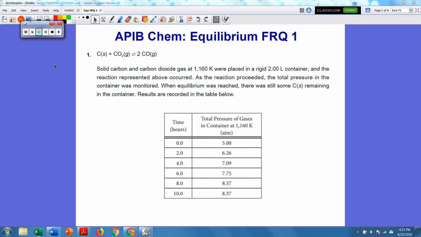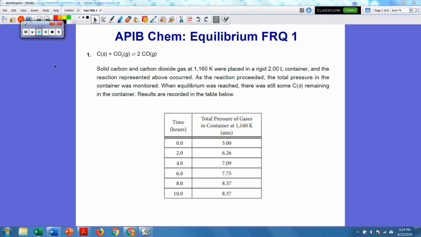We have solid carbon and carbon dioxide gas reacting to produce carbon monoxide gas. Notice that in the balanced equation, our coefficient for carbon monoxide is 2, whereas the coefficient for carbon dioxide is 1. So 1 mole of carbon dioxide combined with solid carbon gives you 2 moles of carbon monoxide. It says that these are placed in a rigid 2-liter container at 1,160 Kelvin, and this reaction occurs and the